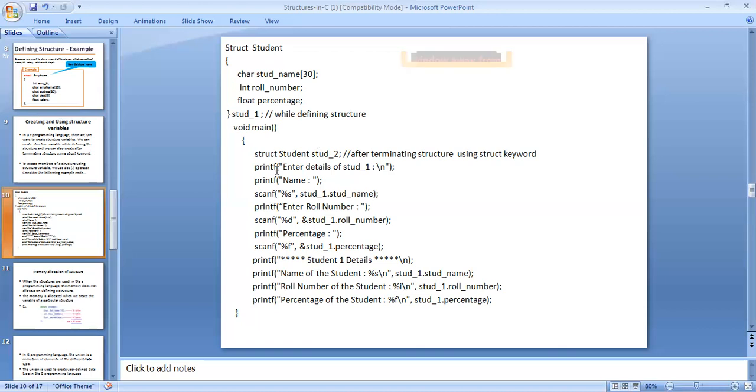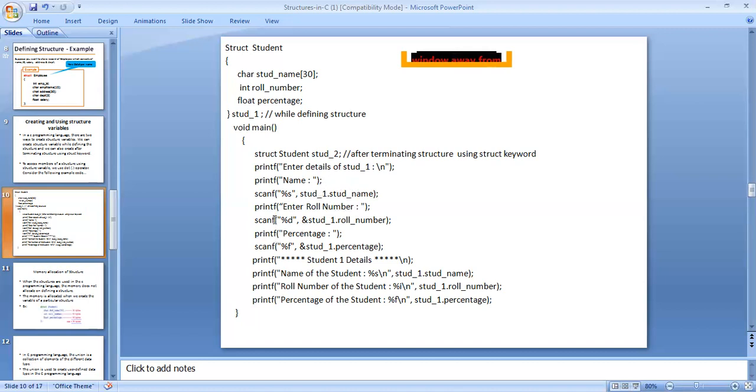When you write the printf function, enter the details of student1. Printf name, scanf percentage s, student1 dot operator. We are accessing the elements in the structure. Student name, scanf, enter the roll number.